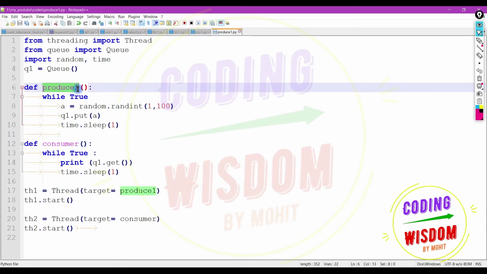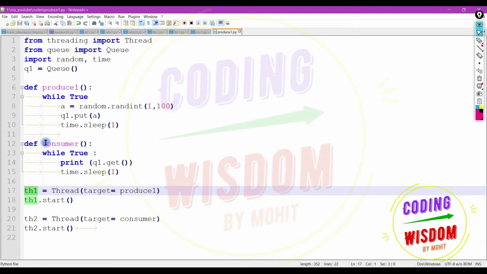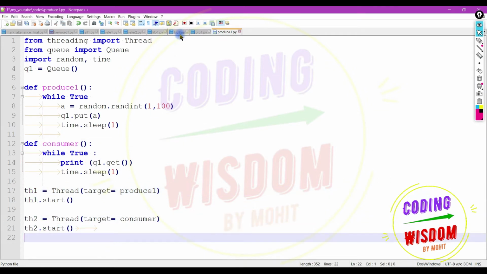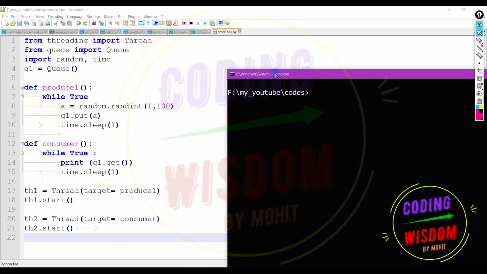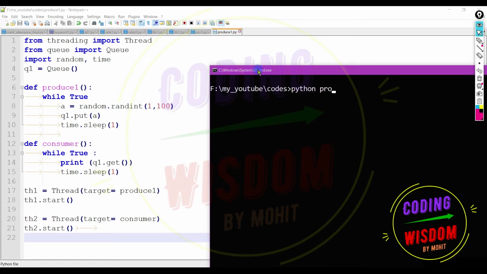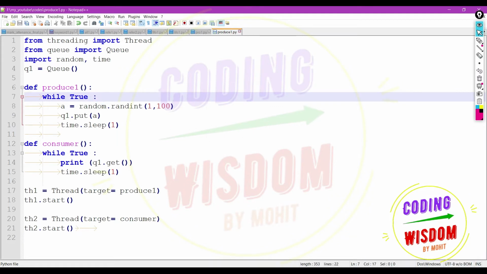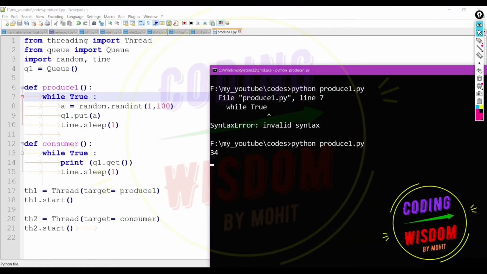The producer function will be executed by th1, and similarly the consumer by th2. Now let's run this one. Mistake. Correct this one. Run again.